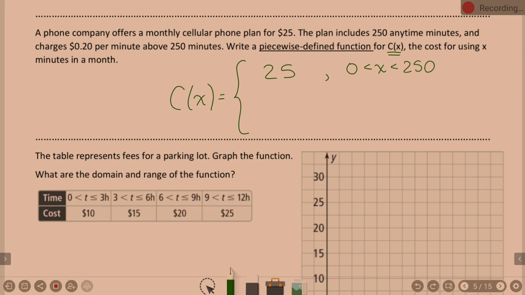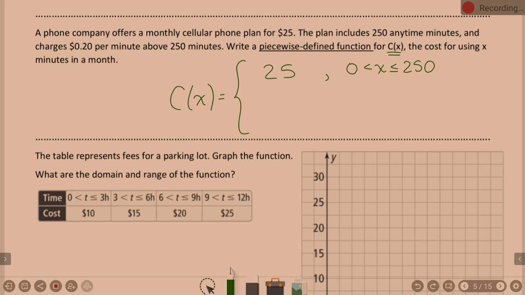Now, in terms of equal tos, is 250 included here? Yes, because it includes 250. So you can go up to 250. 0, you could kind of go either way, but if we're 0, we're going to assume you at least have a minute, I guess. Okay? Now, okay, so that's for 0 to 250 minutes. Now,